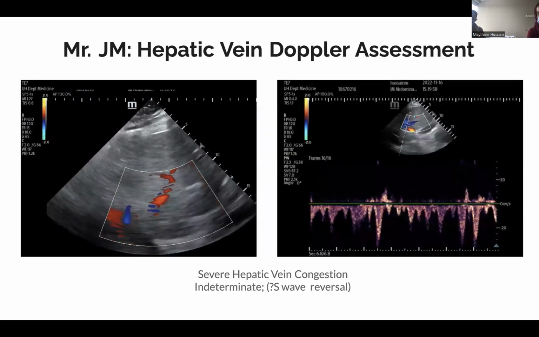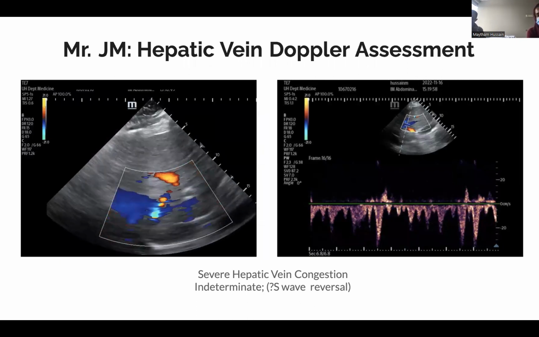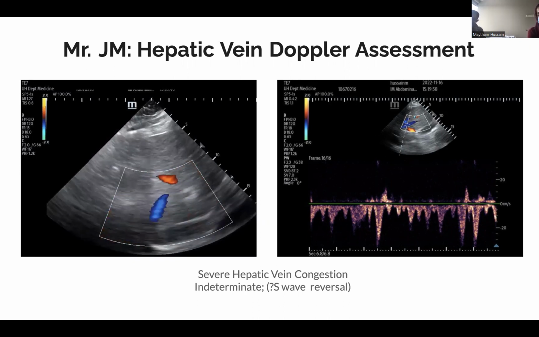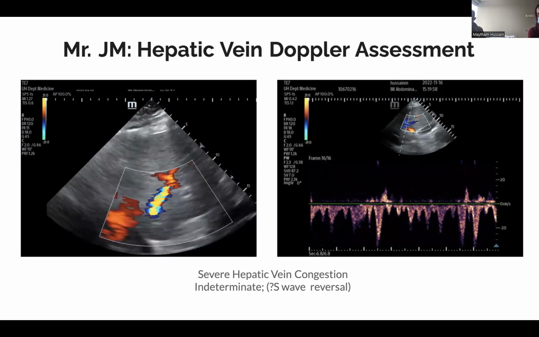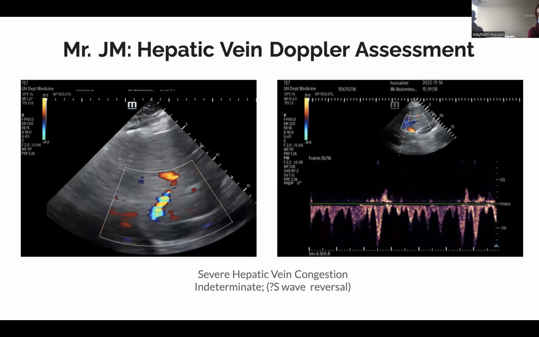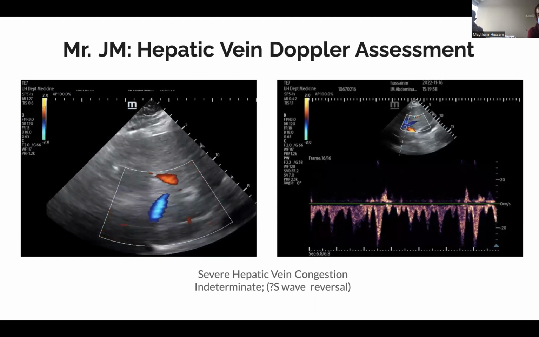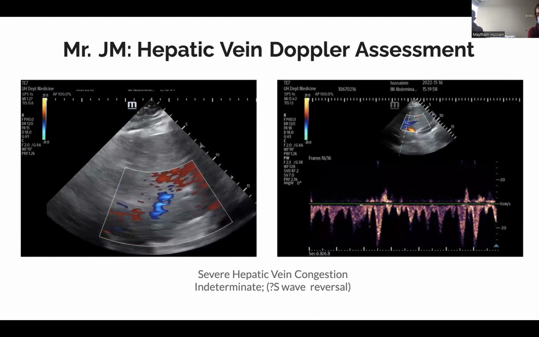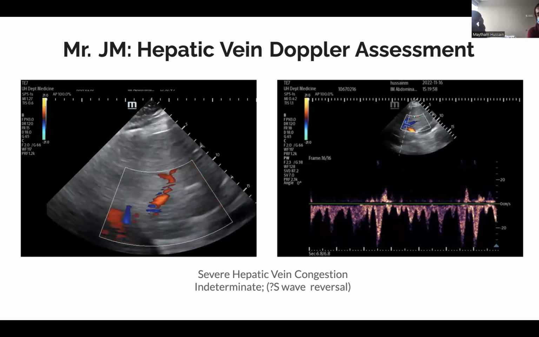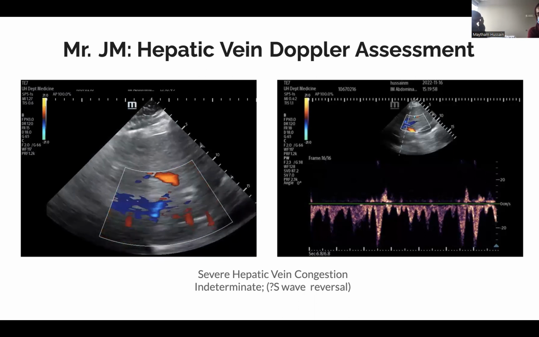Here, his hepatic vein Doppler was a bit difficult to interpret. He was in atrial fibrillation during this assessment. And so overall, we did score this as essentially indeterminate, but if we were to look at his waveform, we do see those negative signals above the baseline, which in the context of atrial fibrillation, you wouldn't get a nice A wave